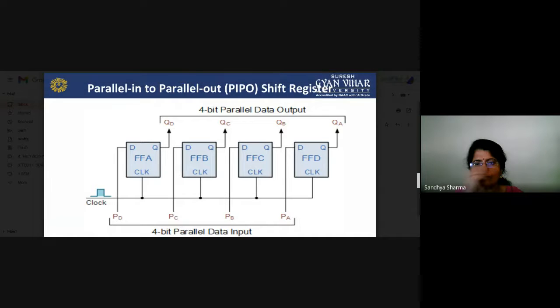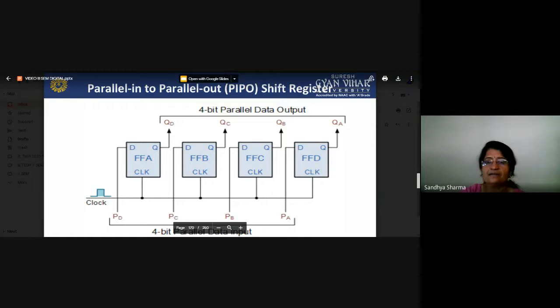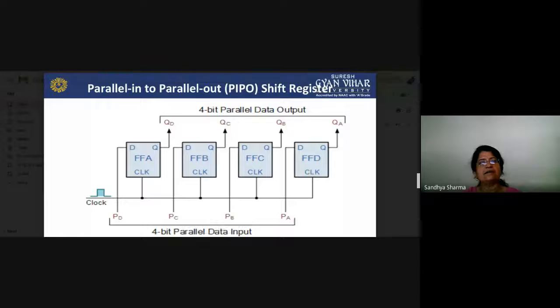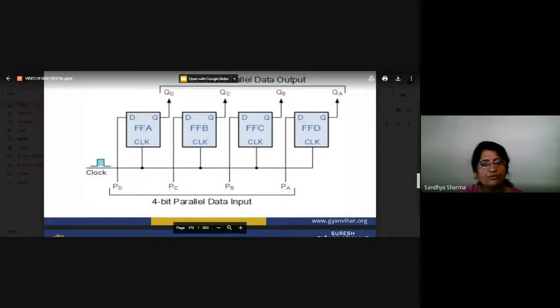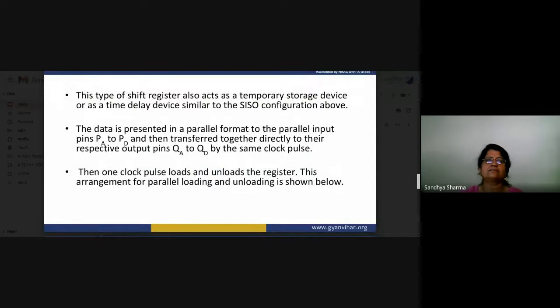There is no multiplexer in between here, because with a multiplexer, you would also have to shift your data serially. That is used for that particular purpose, since here your data is loaded in parallel and also exits in parallel. So there is this type of configuration used here. These are the different methods in which our shift register will act, and basically our shift register acts as a temporary storage device, which means for a very short duration you can store your data in your shift registers.